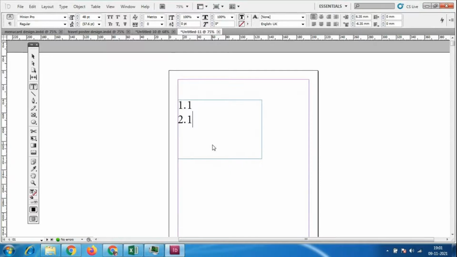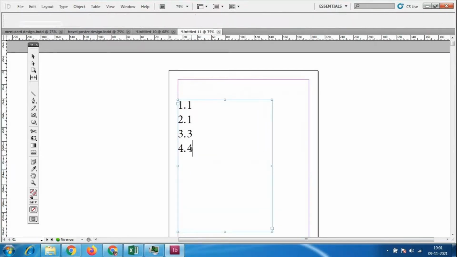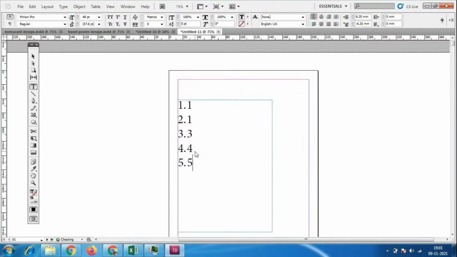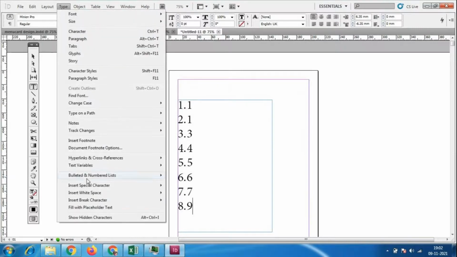Okay, again, like this, enter, and like this is going to apply. So automatically it is applying like this. Okay, so if I enter, something like this is going to apply. So that is with the type bullets and numbered list.